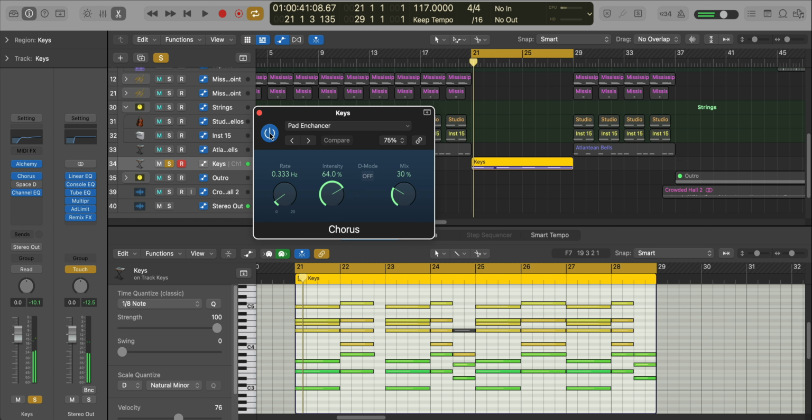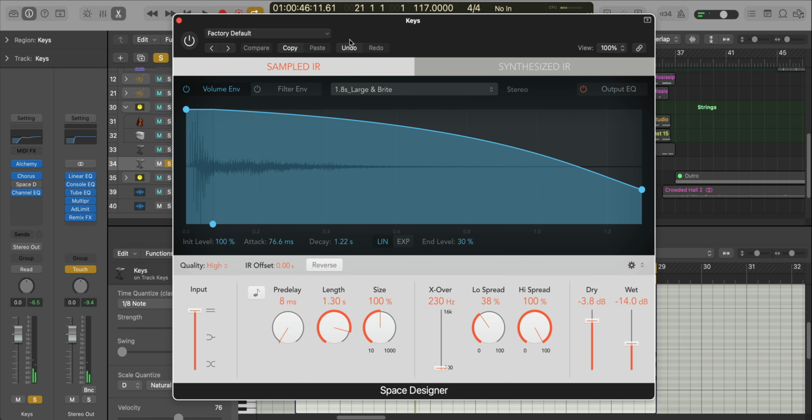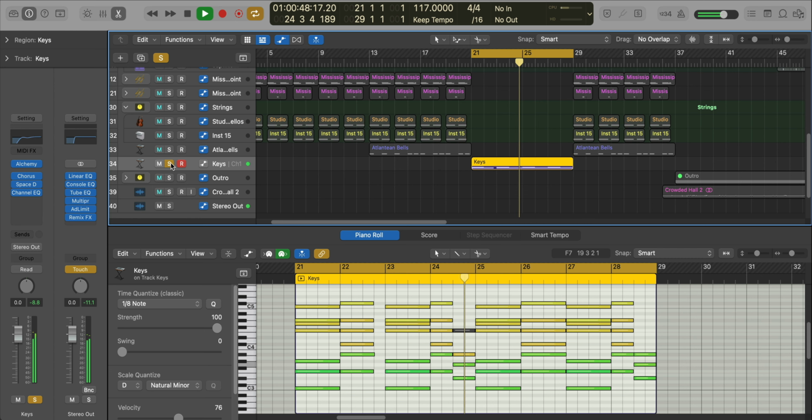The chorus just makes it a little bit softer and wider. And of course the reverb to give it some space. And with the drums,